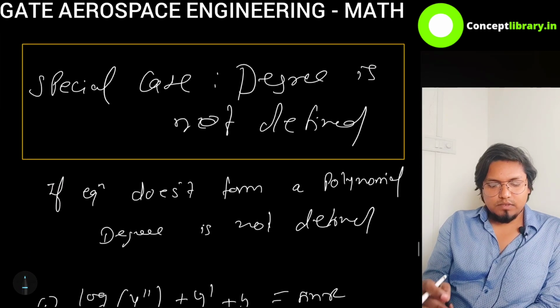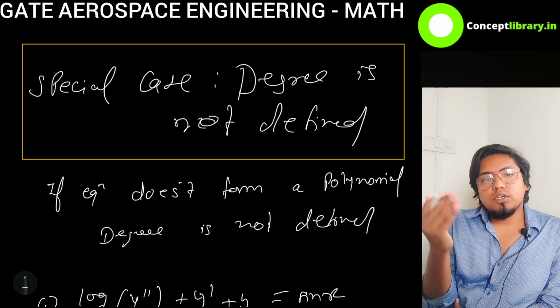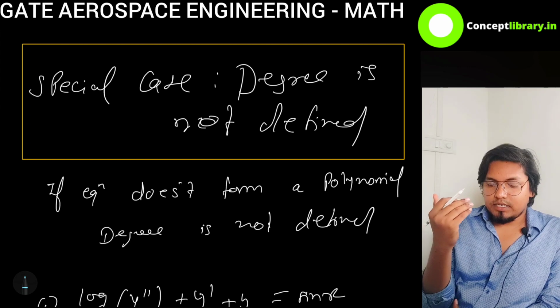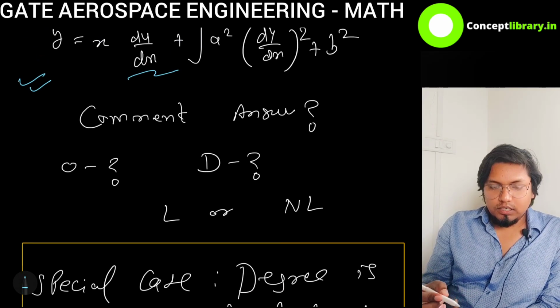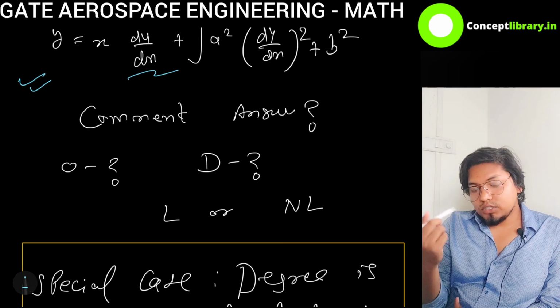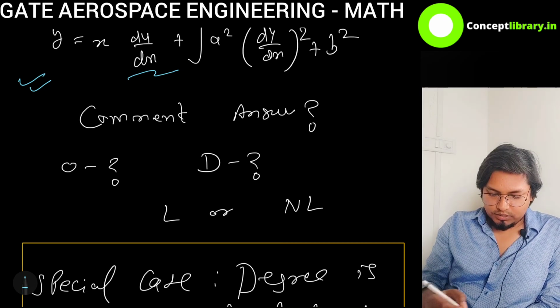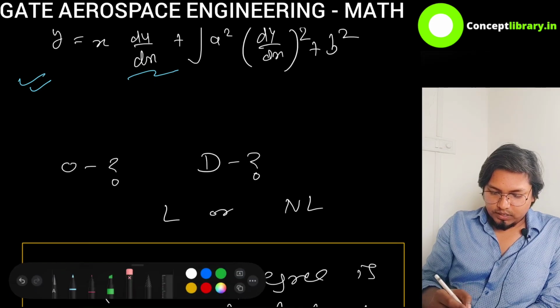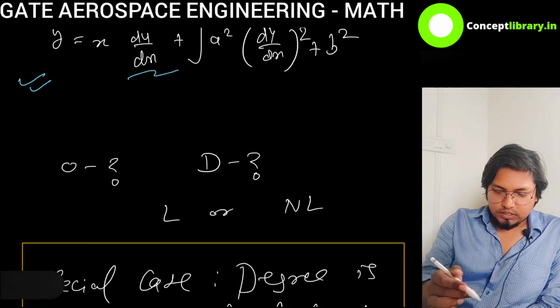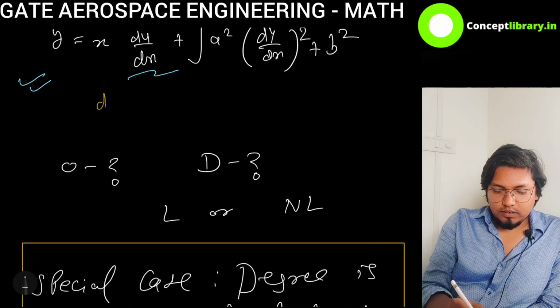Now some special cases we'll see. Degree is not defined in some special cases. One thing I'm saying again and again, that your degree is 1 but still it is non-linear. See the case here. I will just write the example here. For that I can erase this part and I will write the equation. I will use yellow color. See the equation here. If I write dy by dx is equal to